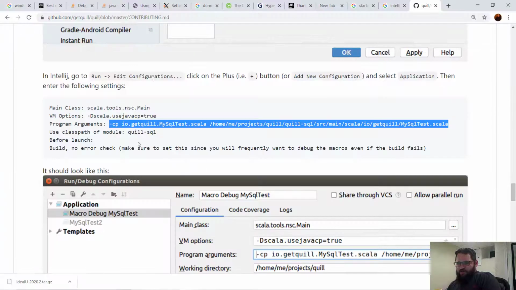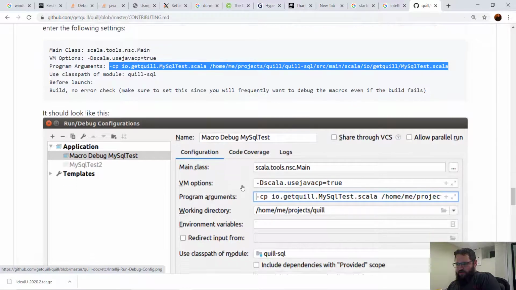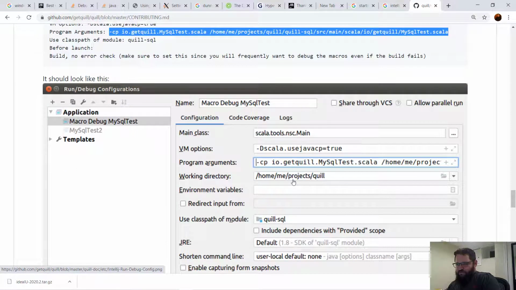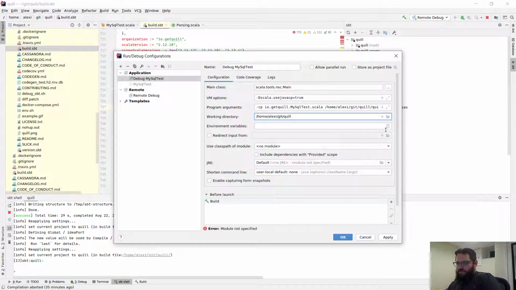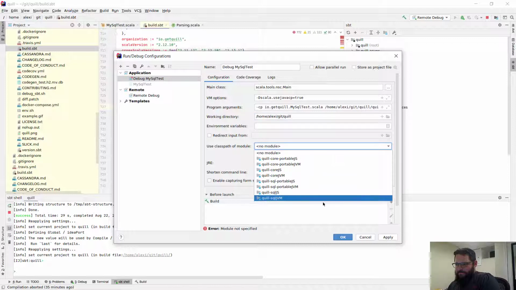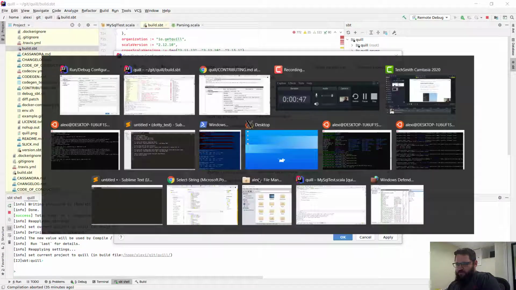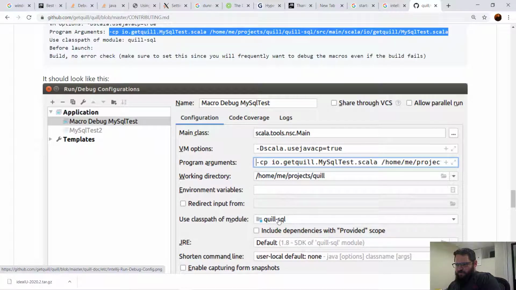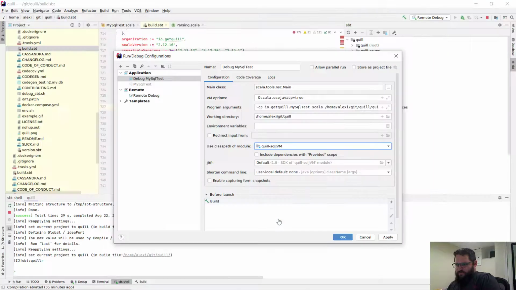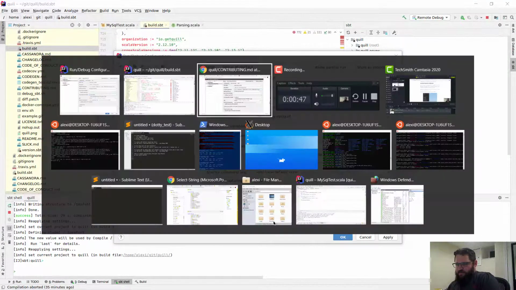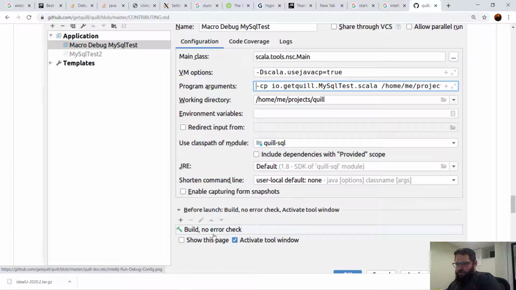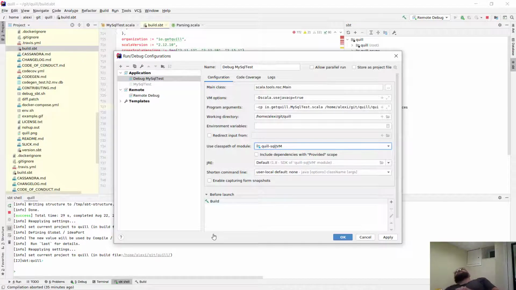Working directory. I think working directory is correct. And now class path of module, Quill SQL. That's actually going to be Quill SQL JVM, excuse me. Yeah, I guess this is not correct. It's going to be SQL JVM. The other important thing to do is build no error check. What that does is, again,